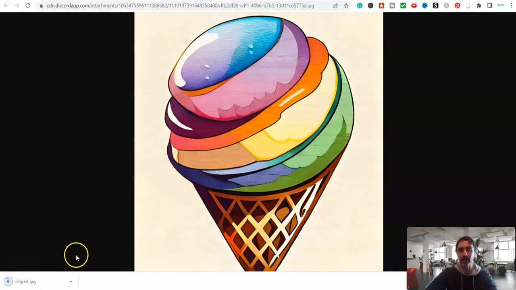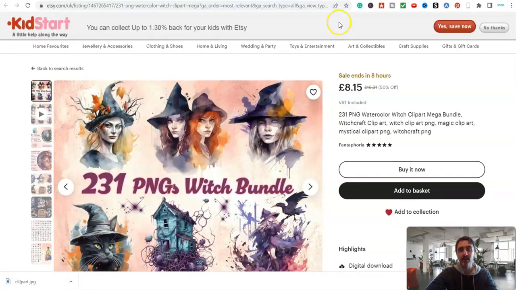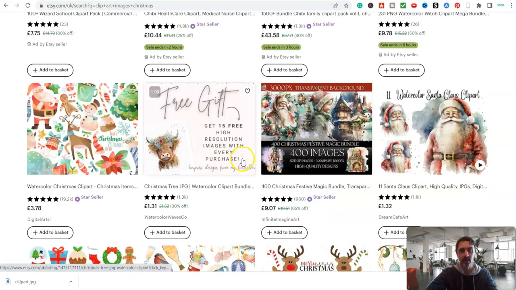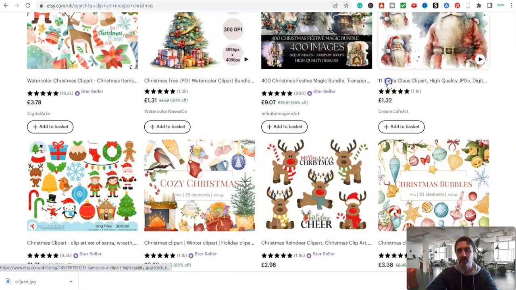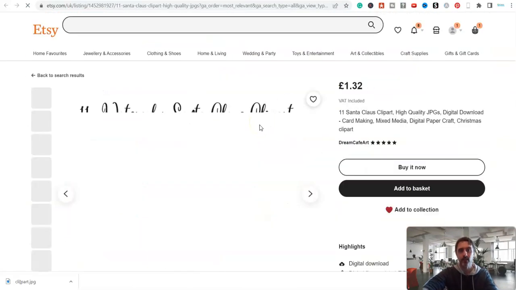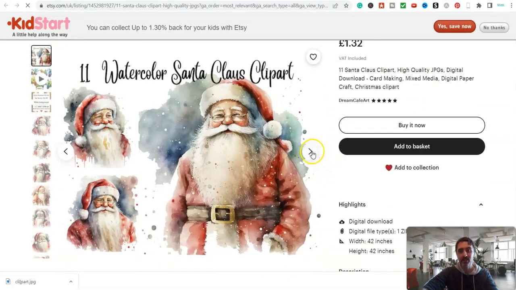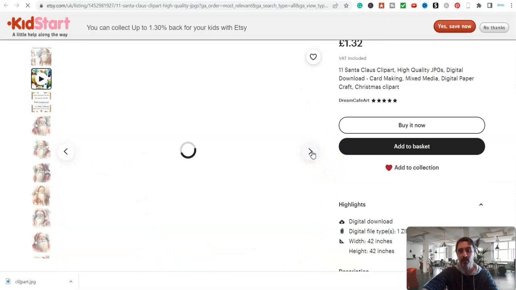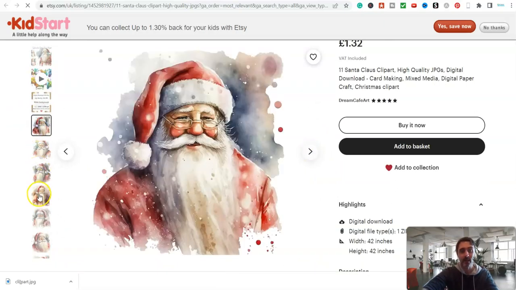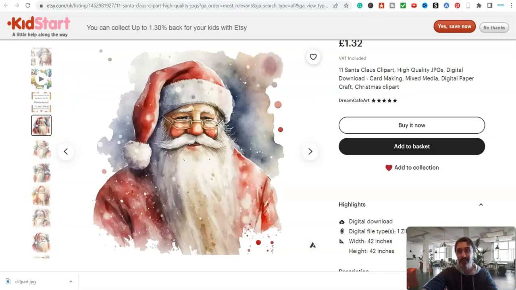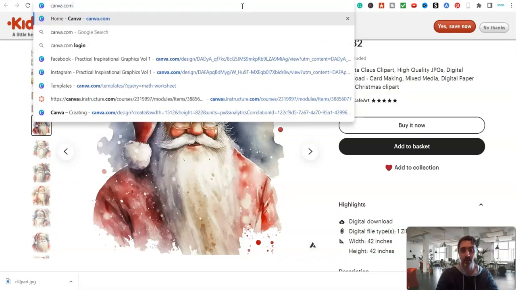It goes down here. And then if we come back over here onto Etsy, like in, well, any example really. So if I just go into any of these, let's just click on this one and open it up. We can see this one here gets 11 clip art images of Santa. And again, all they are doing is literally taking these images over here and putting them into a PDF file. Okay, so to do that, it's really simple. You can use, again, free software. We can use Canva for this. So we'll come over to Canva,